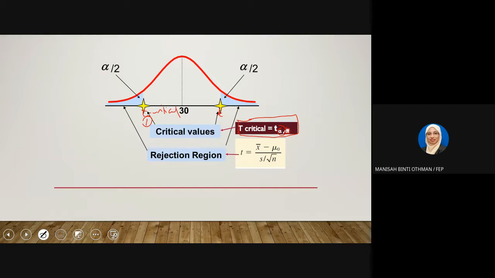If you have a lower alpha, it means that the rejection area is quite small. If you have a higher alpha, the area is bigger compared to the lower value. After you get the T value, the next step is to calculate the T statistic using this formula. Then you can compare whether the T value is in this area